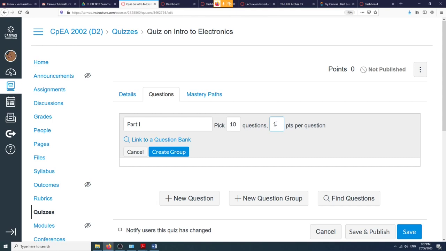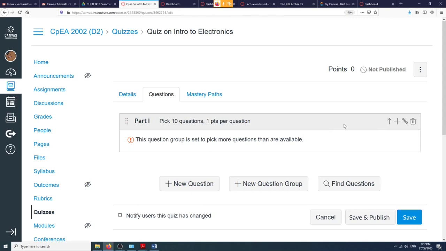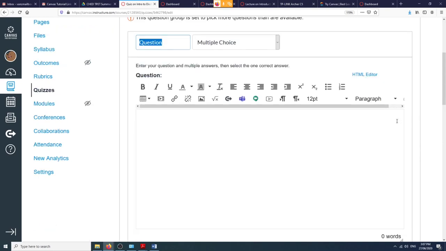So nice ani. Set A, set B, set C is not a problem. The only thing you have to do is give more questions, and then Canvas would just randomly pick questions for them. So for this example, let's say 10 questions and 1 point per question, and then we have to create a group. Okay, and then to create a question, all you have to do is plus add a question, and